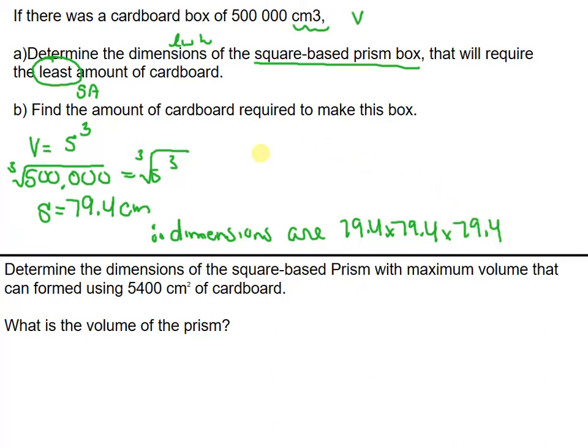And B, find the amount of cardboard. So the amount of cardboard, that's just looking for surface area required to make this box. Now that we've used the volume to find the side length, we can simply find surface area. We know it's 6s squared. So 6 times 79.4 squared. Put in our calculator,